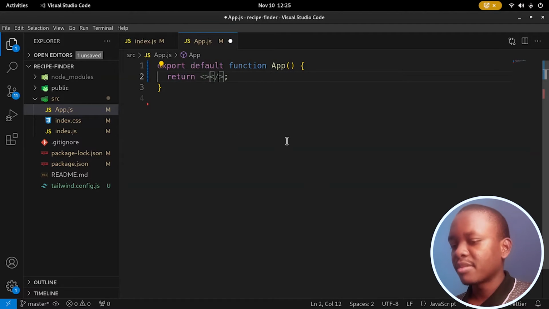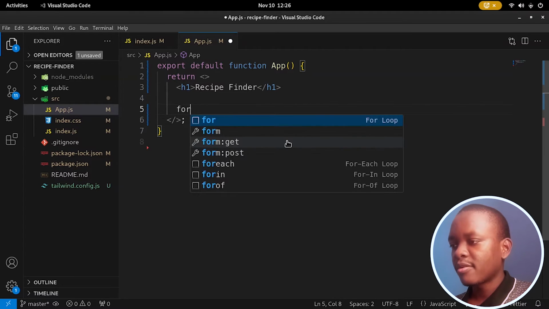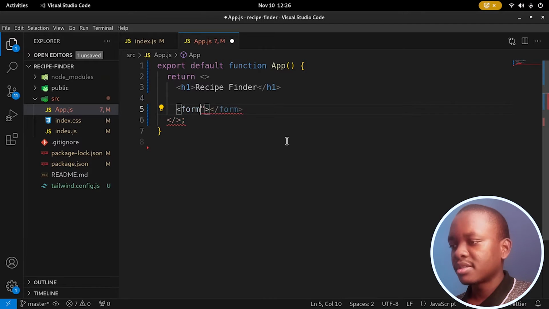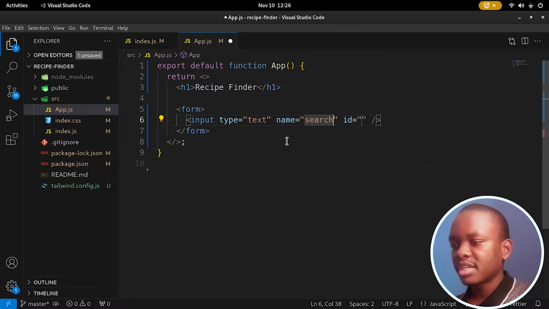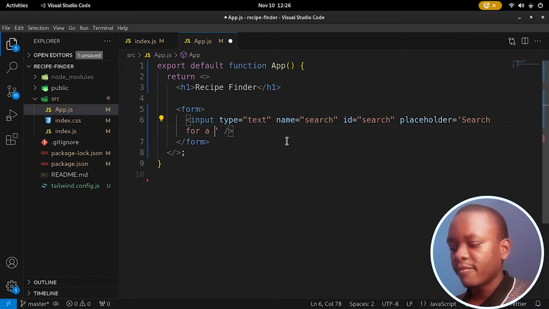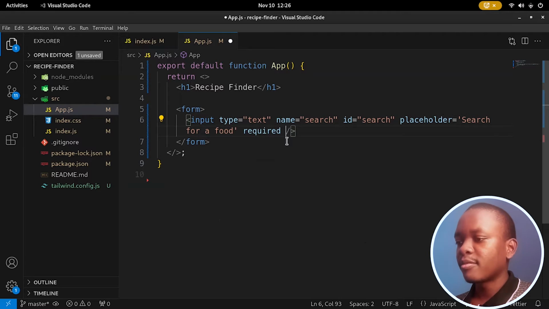We're going to return a fragment first of all, and then we're going to return an h1 that says Recipe Finder, and then below this h1 we are going to have a form which is going to be our search bar. The form is going to have an input with a type of text, a name of search and an ID of search, and the placeholder is just going to say "Search for a food", and then we're going to set it to required